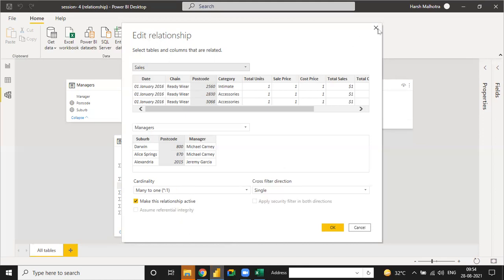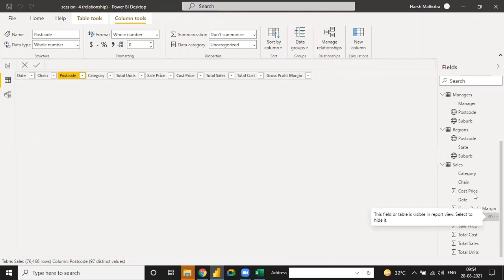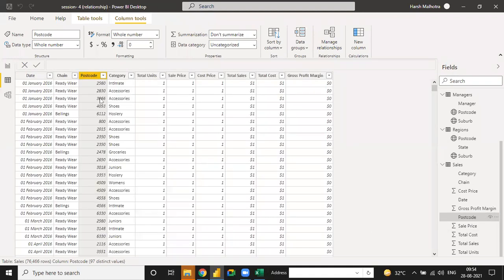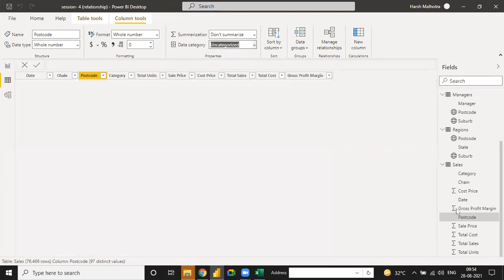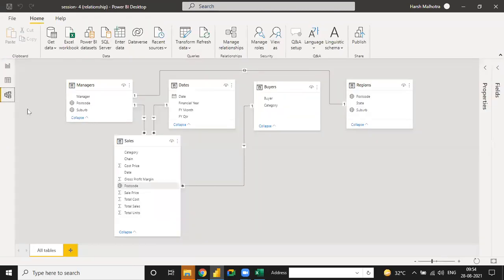Hello? Yeah, are you listening to me? So under the sales table, I think we have used data category. See, the postcode we have used, but the postal code was not done with the sales table, so that is the reason it was not connected with the relationship. Now see, the relationship is connected, all done.